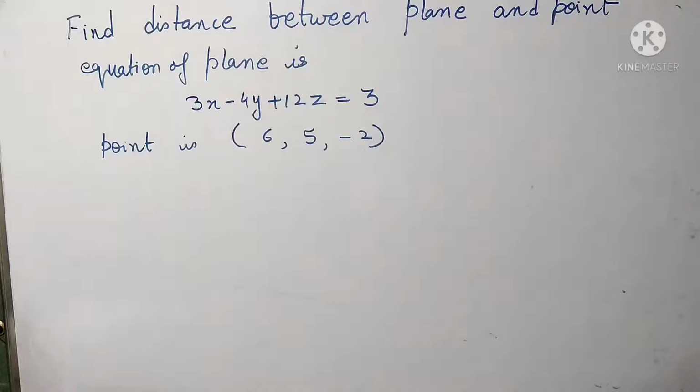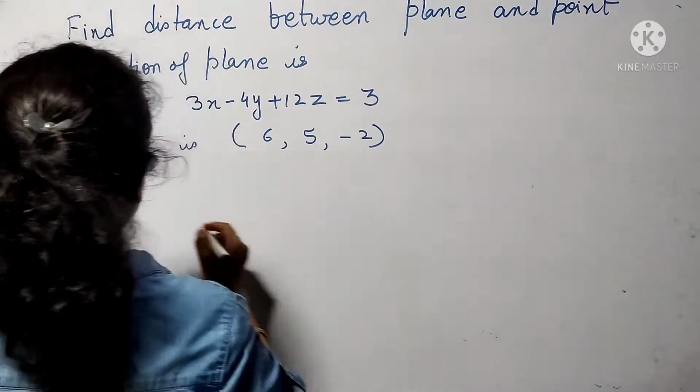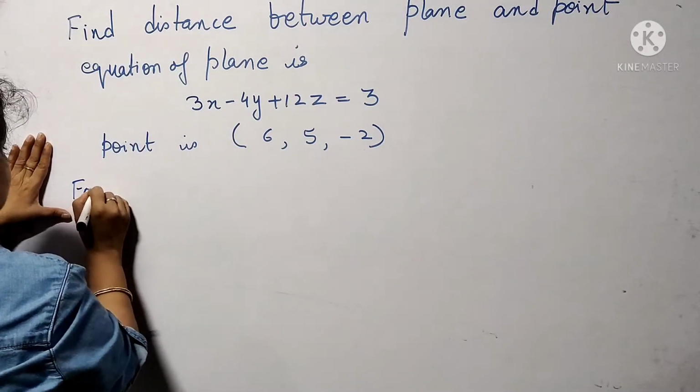अब इसी में next step we have to find the distance between a point in space and the plane. For example, the equation of plane is given as 3x minus 4y plus 12z is equal to 3, and the point is 6, 5, minus 2, from where we have to find the distance. So for that, the formula is